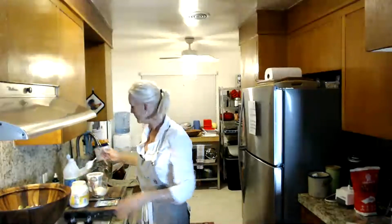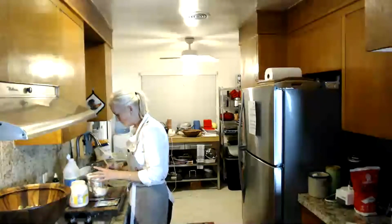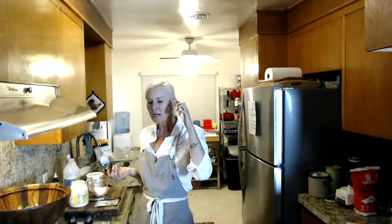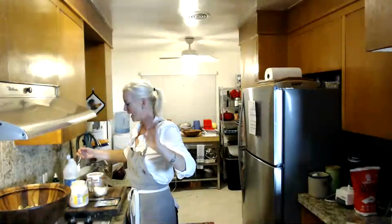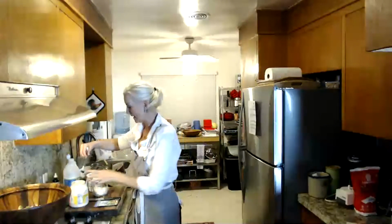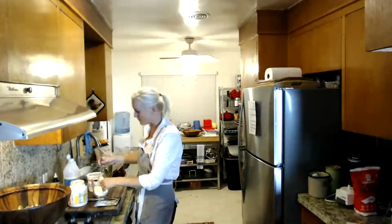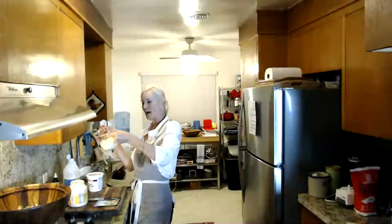Somebody said to me the other day, they had just started keto, and I was telling them everything they needed to know. After like 3 days, she was like, "You're telling me that I can eat all this fat and meat and cheese and I can still lose weight?" And I was like, I know, it's like witchcraft. I've never maintained my weight my entire life up until I started this way of eating, and low carb and intermittent fasting has saved my life. It's helped my gut. If you listen to the podcast that I was on,